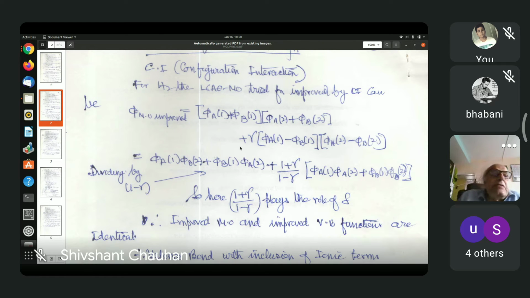So we take the lowest G state, G for electron 1 and G for electron 2, that makes up a G state, or U for electron 1 and U for electron 2, U makes another G state. So this combination we take of the two lowest G functions and two lowest U functions, but we put a gamma, which is the variational parameter, before the excited state.